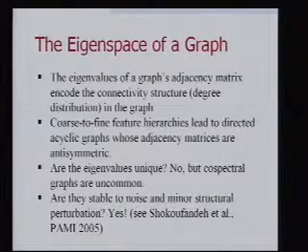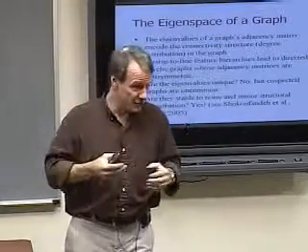So to do that, to try to search for a lower dimensional characterization of the shape of the graph, we first turn to eigenspaces of graphs, or spectral graph theory, where the eigenvalues of a graph's adjacency matrix... so you have your graph, right? You can map it to an adjacency matrix where there's a 1 in the entry between node i and j if i and j are connected in the graph.